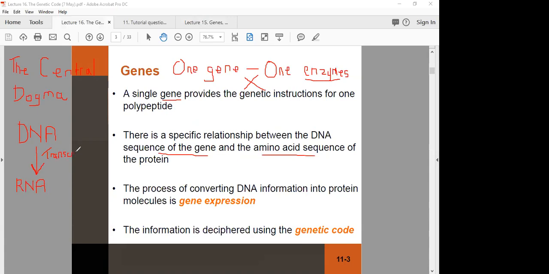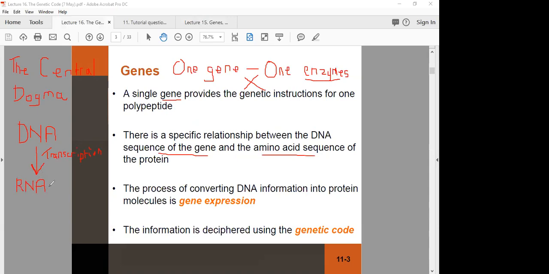Transcription. I'm getting worse and worse at spelling as I get older. Transcription. There it is. Okay, so the information found in the gene, in DNA,